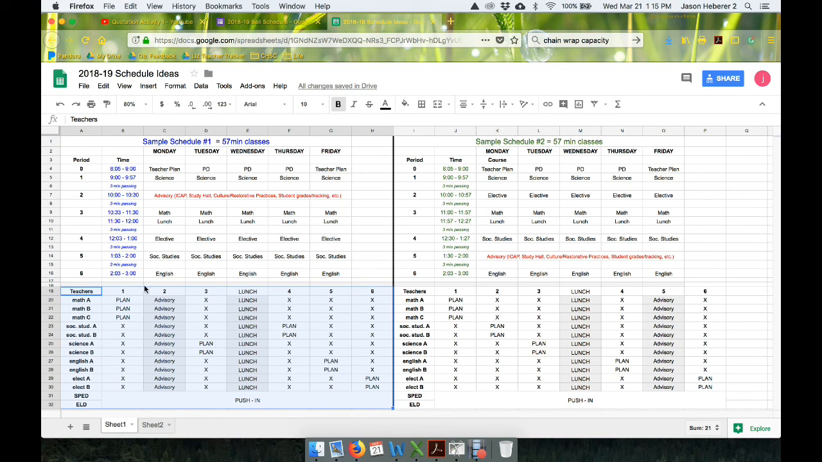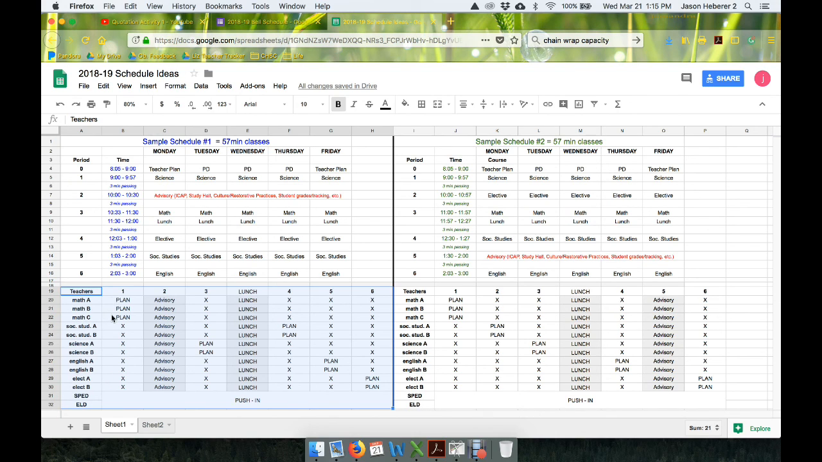This is just a rough idea of first period, second period, third, lunch, fourth, fifth, sixth. When do teachers have planning, right? When would advisory be? So this is for sample schedule 1. We'd have advisory second period. We have lunch between third and fourth. And we can see that math teacher A, B, and C, let's say we had 3 of them here at the Osage campus,